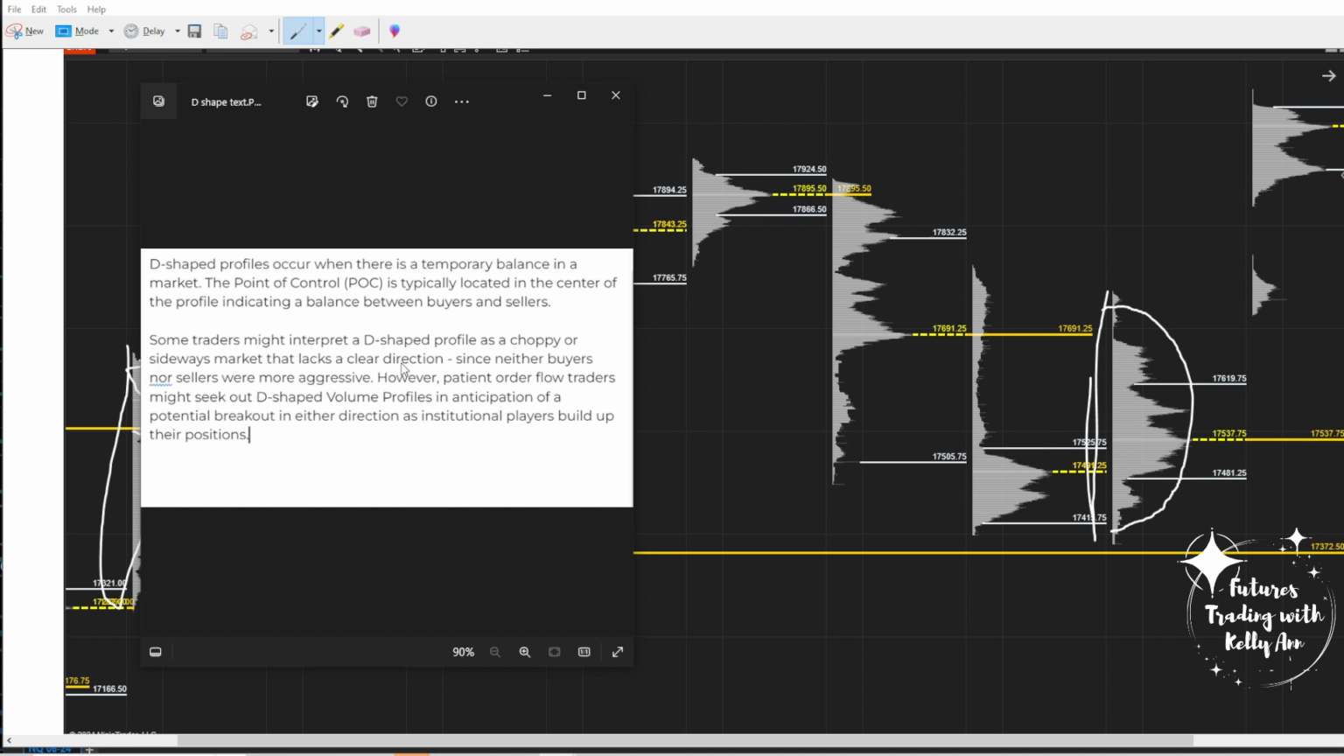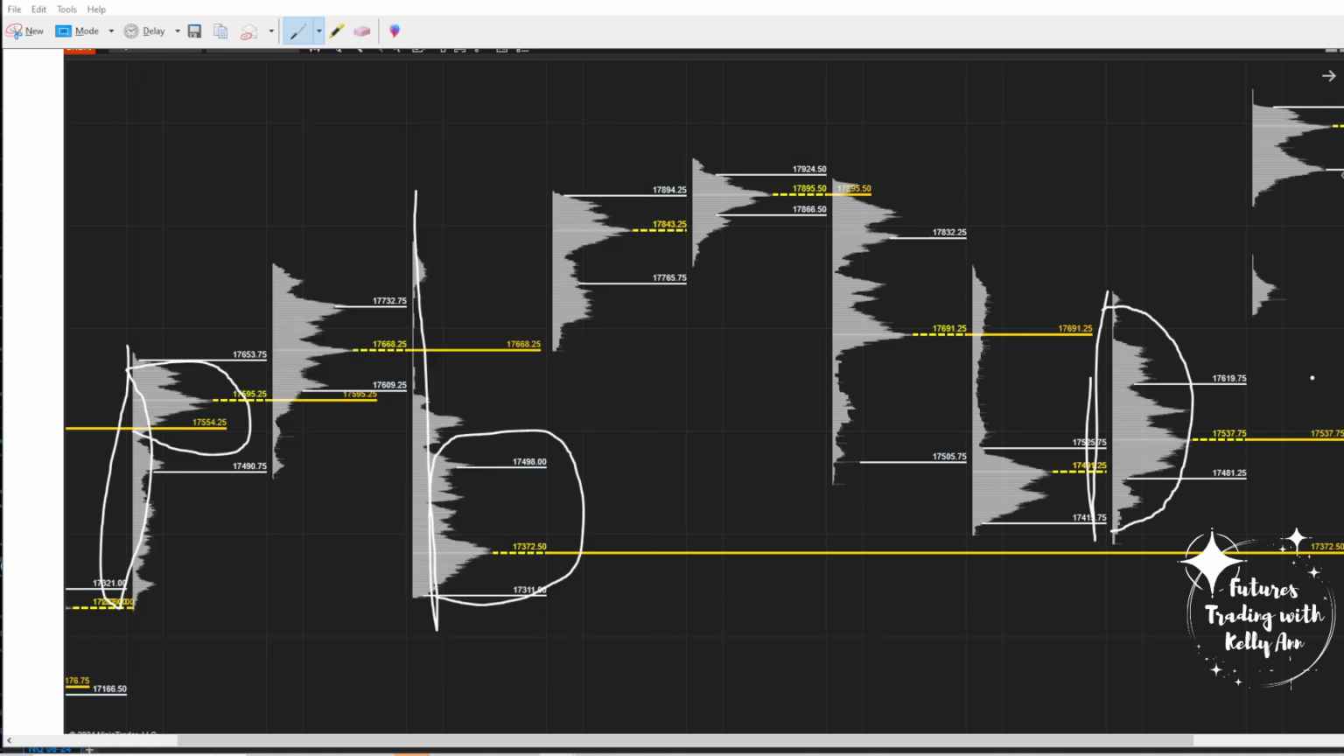Some traders interpret the D-shaped profile as a choppy or sideways market that lacks clear direction, since neither buyers nor sellers are more aggressive. However, patient order flow traders seek out D-shapes in the profile to trade a breakout. And we had a D-shaped profile and we broke up to the upside. And then the final one is